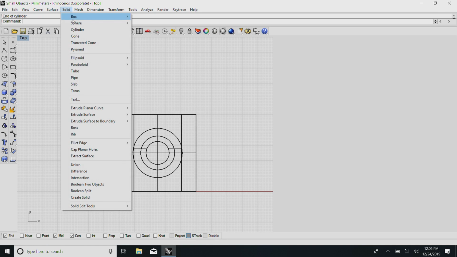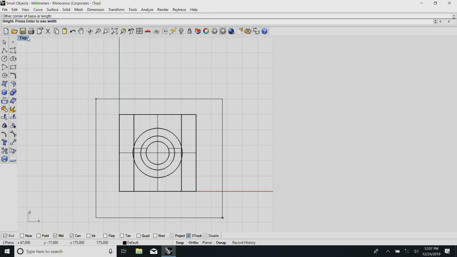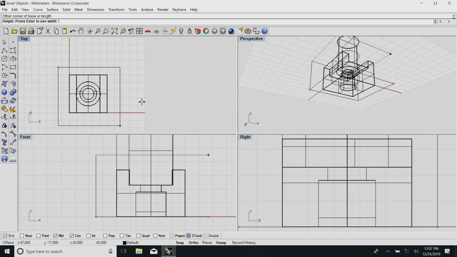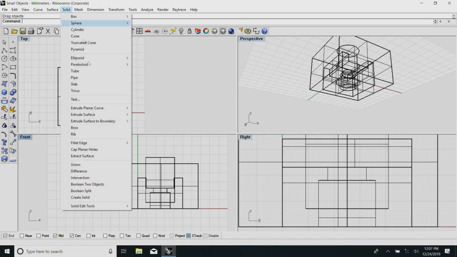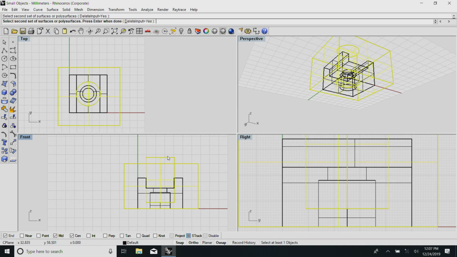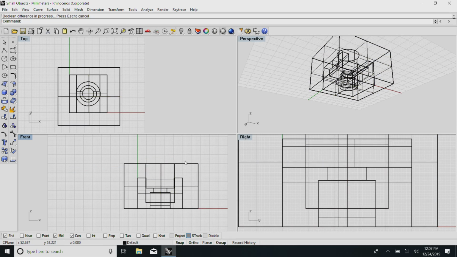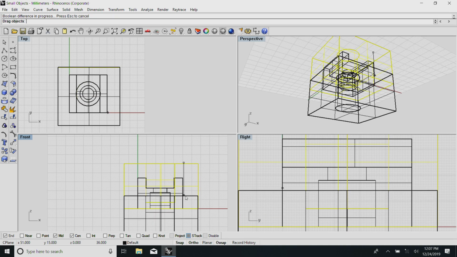I will try to now make another box around it. This is just used for what I call removing material all around. You just watch, I am just trying to make an annular piece from this solid. I remove this. Now, I have something which I will use to remove the material all around from this.